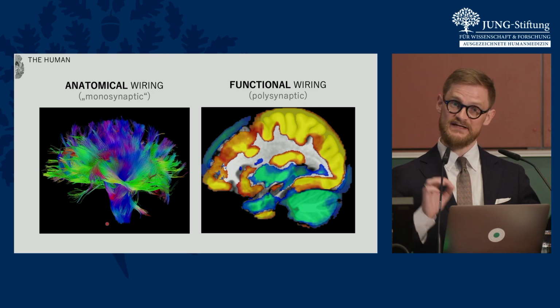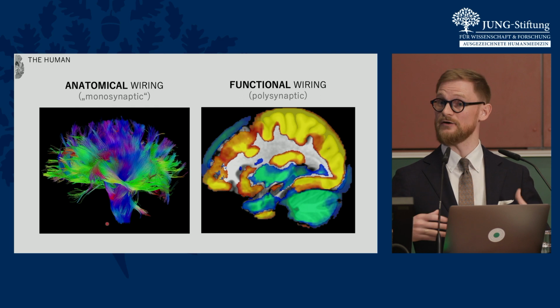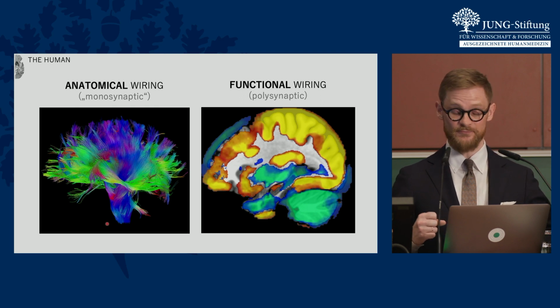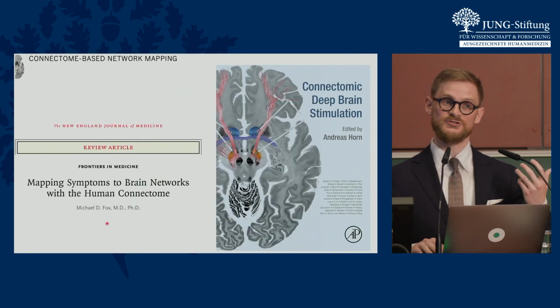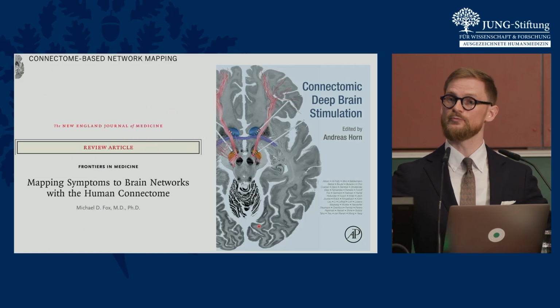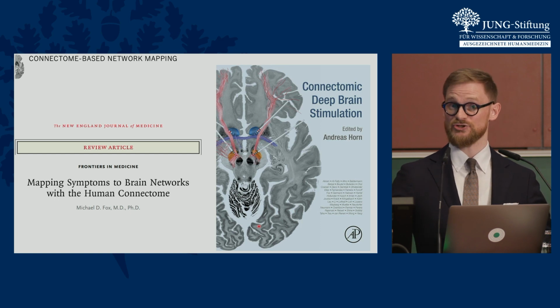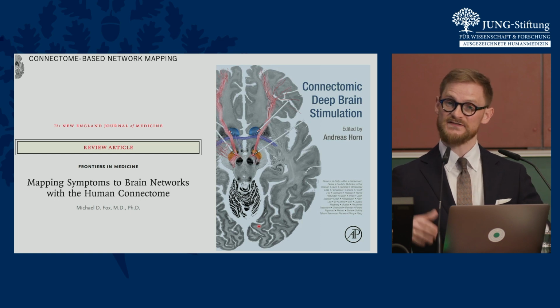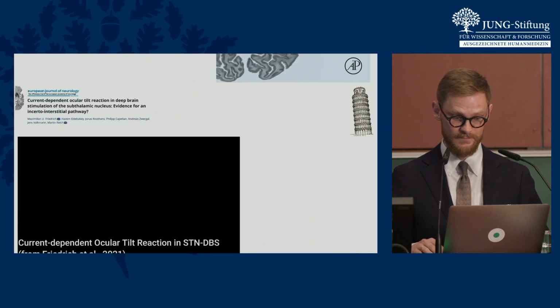And we use this data to infer the effects of lesions and interventions like deep brain stimulation on other regions of the brain. This method, termed lesion network mapping, was invented by my mentor and PI, Michael Fox, at the Brigham. And shortly thereafter, Andy Horn, who is also at the Brigham and Women's, built a whole new branch on deep brain stimulation mapping using the connectome. So now we can test von Monakow's theories in real life.